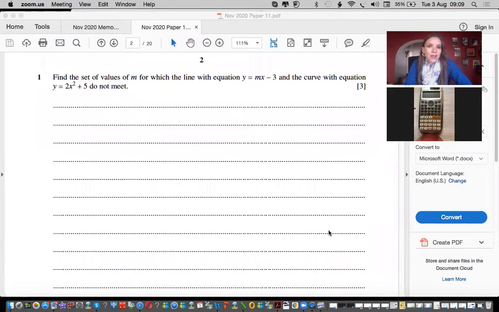Find the set of values for m for which that equation and the curve with that equation does not meet. Okay, that is your question. So if they're talking about meeting, they're talking about intersecting. So please remember, intersection means you have to set them equal to each other, especially if they are in this form already, where the y is alone. So we're doing this, mx minus 3. You can just set it equal to